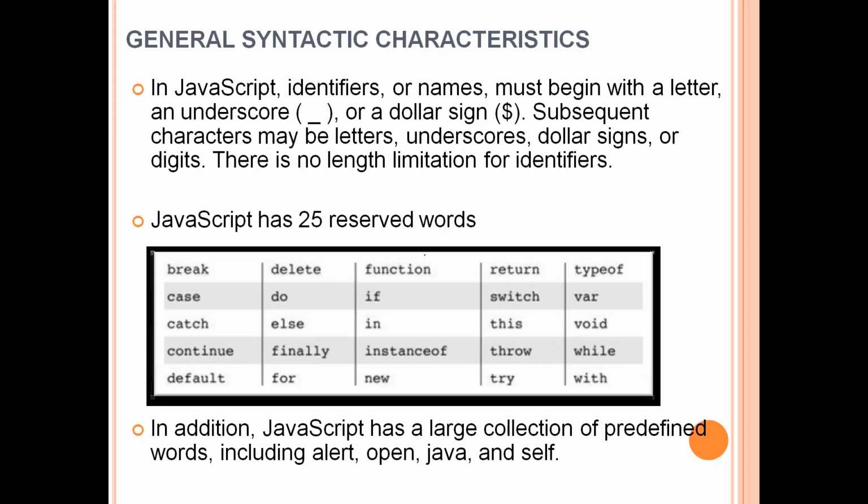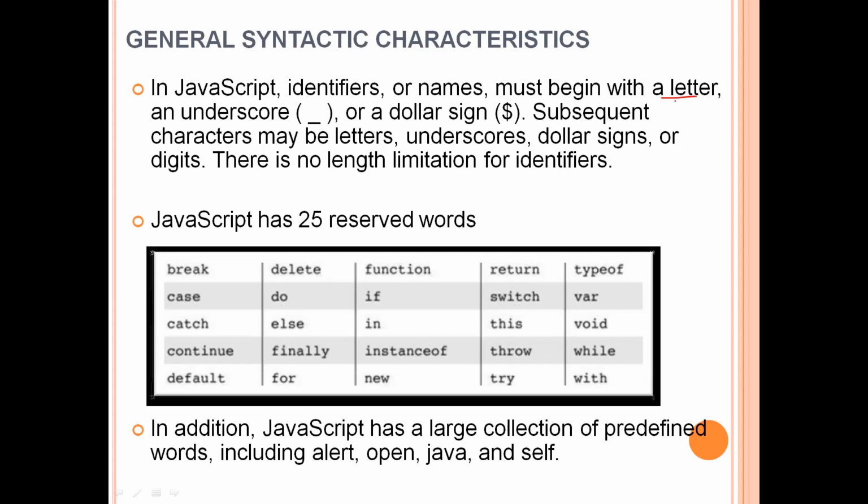So that is about including JavaScript in an XHTML document, either directly or indirectly, that is, a separate file can be included. Now in JavaScript, the identifiers, that is the names of variables or functions, are called identifiers, and these identifiers or names must begin with a letter. These rules are almost similar to the rules for variables or identifiers used in other languages also.